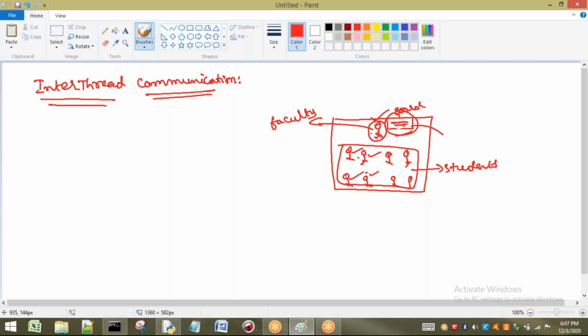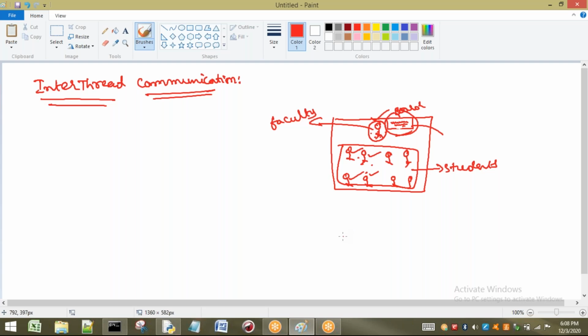That means he is going to write here, and he is going to tell the students, okay, note down the points. Then only the students are going to write. After completing, again what do they have to do? They have to wait, and again the faculty has to write something here. After completing the data that is written onto the board, then the faculty will say again, note down. That means here the communication is done between the faculty and students. So some more examples I will discuss so that you will get clarity on this one.